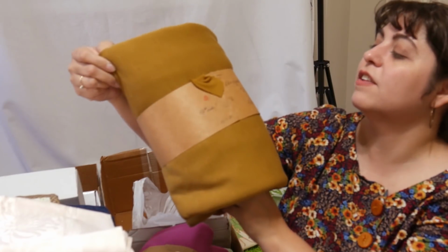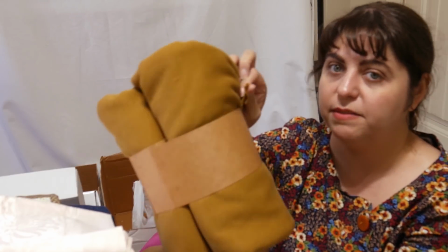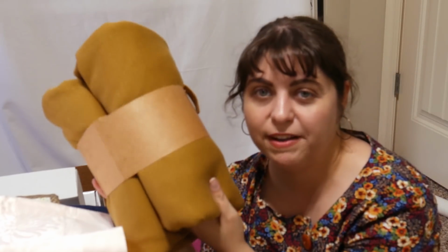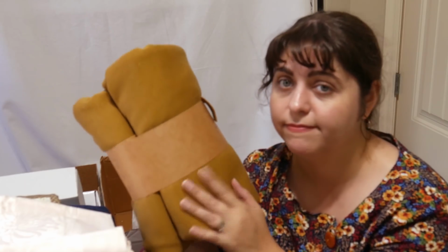So this is 4 yards of this. Again, it's sort of an olive color. And this, my friends, this jersey is gonna be a Freya for autumn. It's already got a side for it. Speaking of Freya,